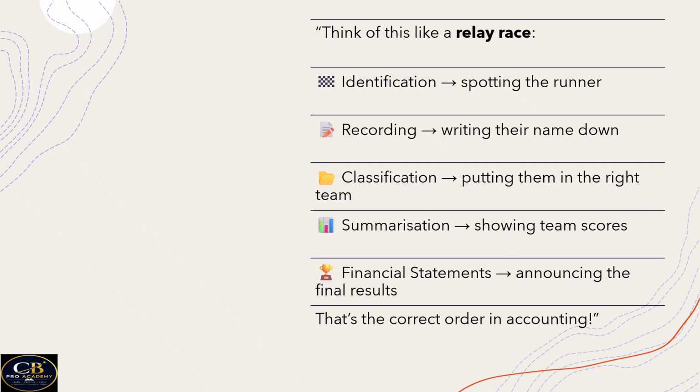Think of this like a relay race. Identification means spotting the runner. Recording means writing their name down. Classification, putting them in the right team. Summarization, showing team scores. Financial statements, announcing the final results. That's the correct order in accounting. Okay,